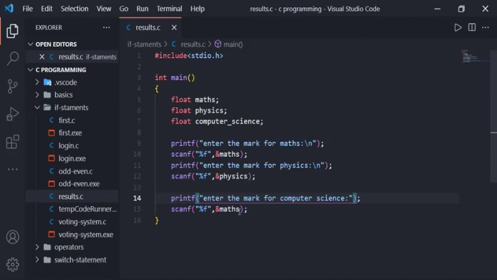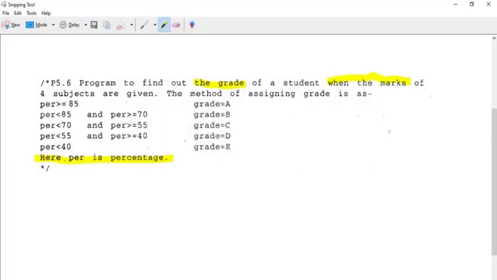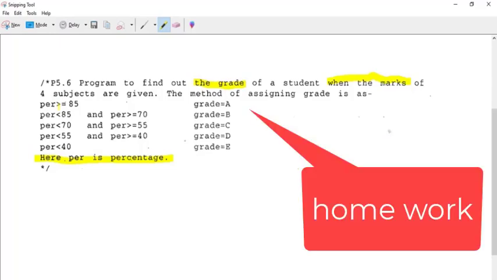And then we have our address for the variable, which is now computer science. So we are done with prompting the user. So what does the question say? Let's go back again to the question. If mark is percentage, so the method of assigning value is percentage greater than